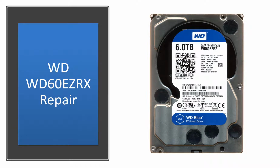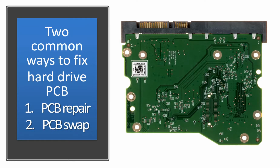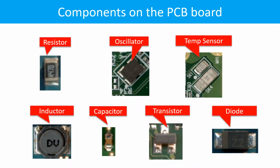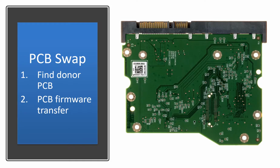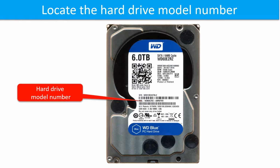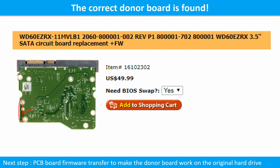How to repair a hard drive? There are two common ways. The hard drive printed circuit board. This picture shows how to swap the PCB. This picture shows where to look. Go to www. The correct donor